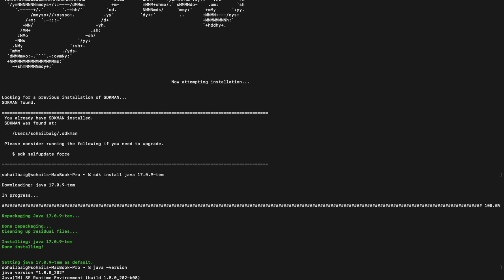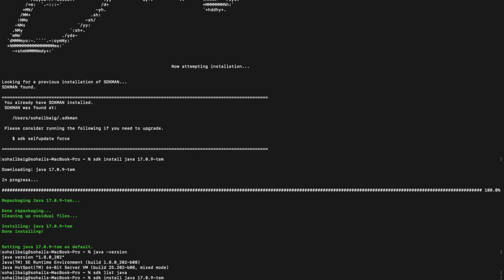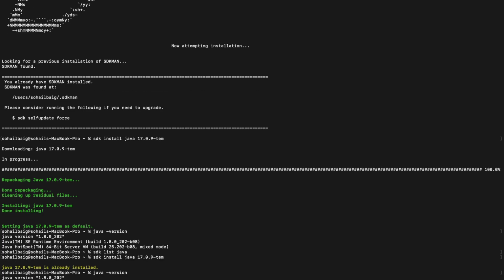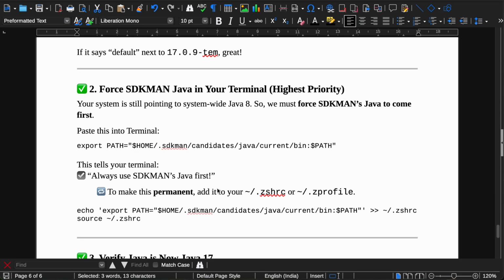Again, SDK install Java 17, we'll run this command. So you can see Java 17 temp is already installed. That means it is unable to figure it out. So let's jump to the second step, that is